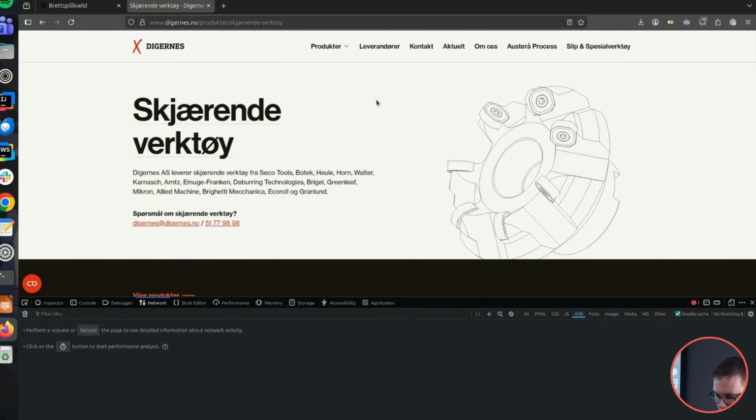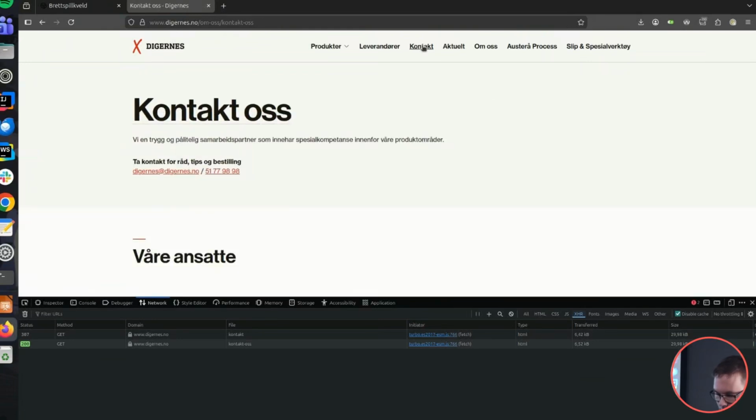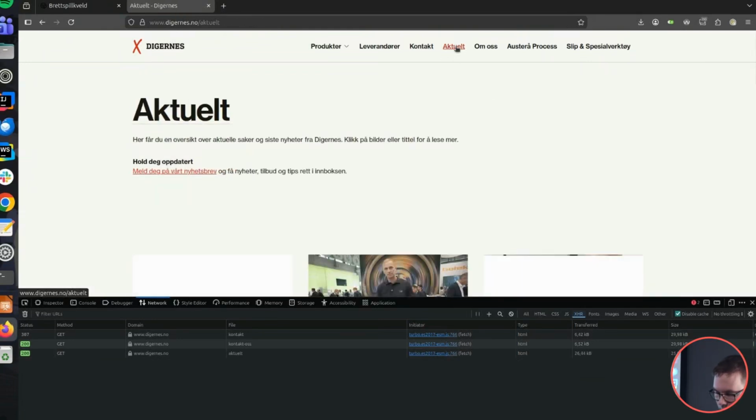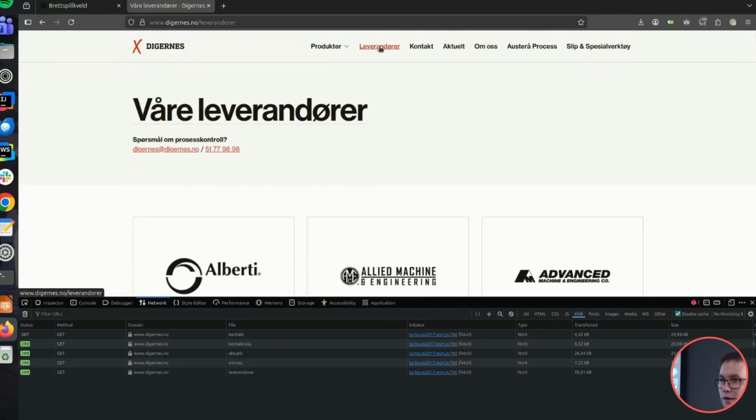If I want to navigate to one of the other pages, as I mouse over, you can see it's already loaded in the page, and when I press it, it updates really quick. The same with all the pages here. As soon as I press the button, it serves. So it's super quick. And part of that is the trick that it starts loading the page as the mouse comes over. If I turn off the JavaScript here now, and I navigate,